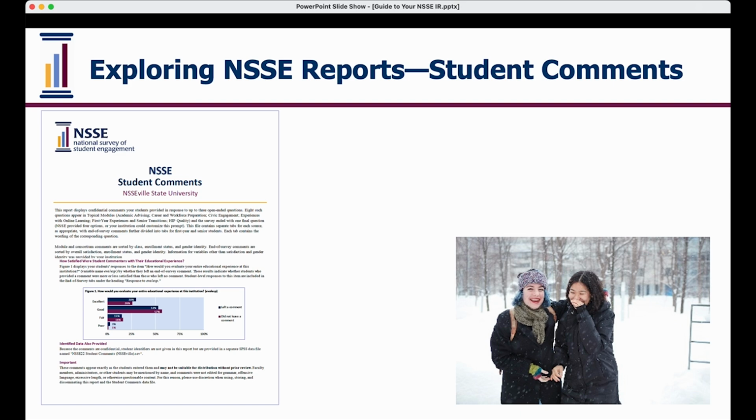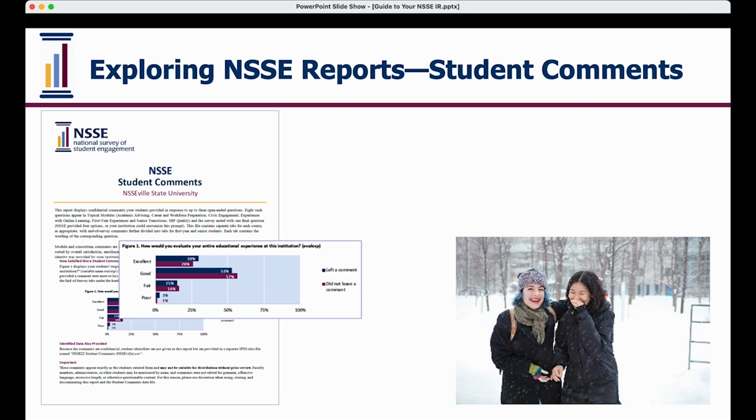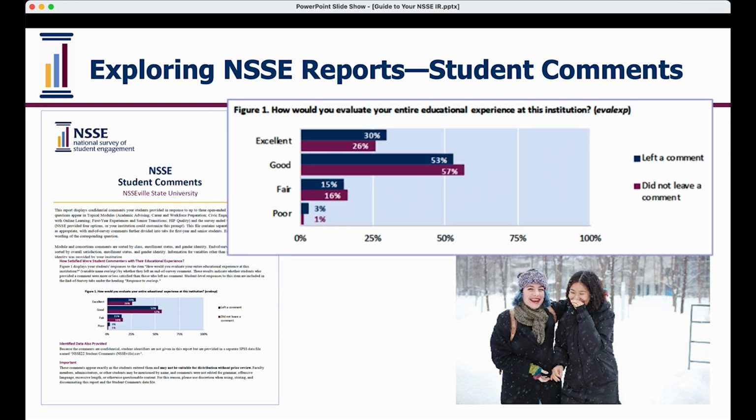Now I'm going to talk about the student comments report. Here, now we're getting into the qualitative data. This is where students are able to provide open text responses up to, I think, 5,000 characters to different prompts that we give students. There are several options, but first of all, I wanted to point out on the cover of the student comments report,